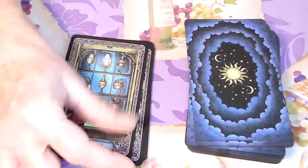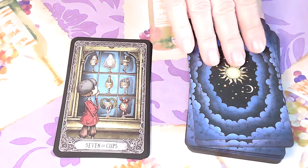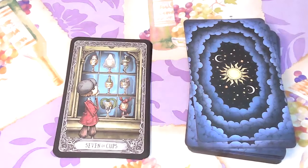This is the Seven of Cups, and it's interesting, still choices, and as someone who's looking at what they need to do, looking out in